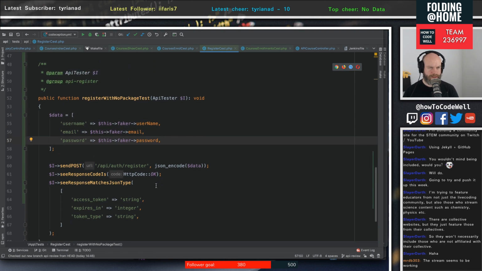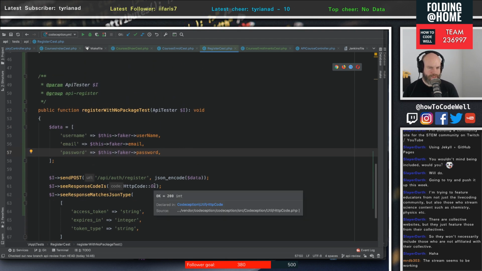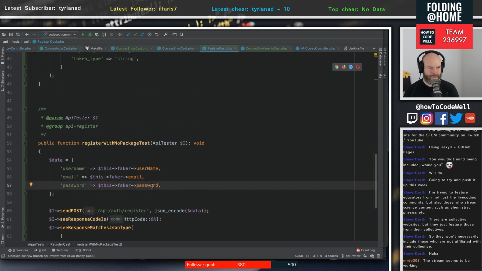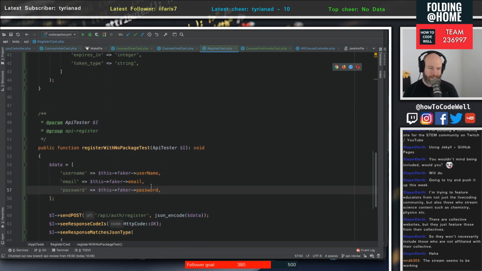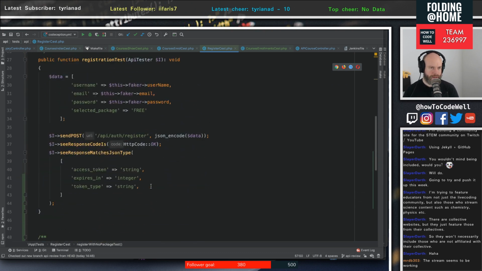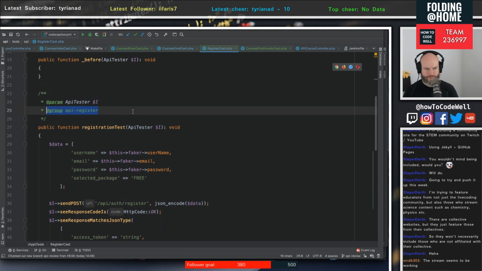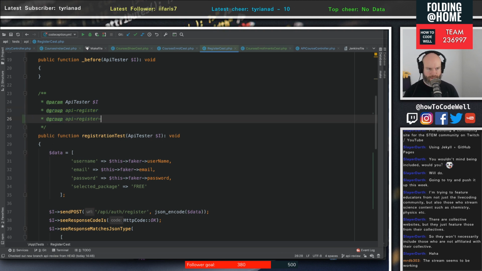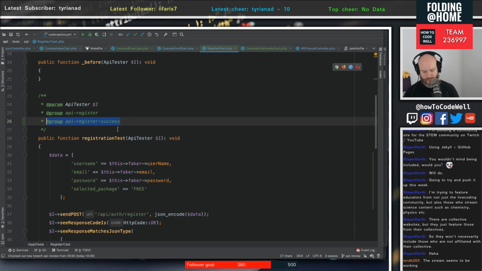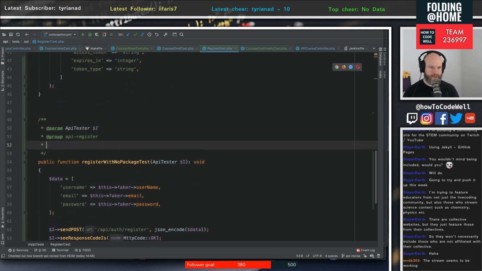Okay, and we're going to see what happens, because this should throw an error, and really this should throw a 400 error. So let's just group this. Oops. So this is API register success. So that's our success case. And then this is API